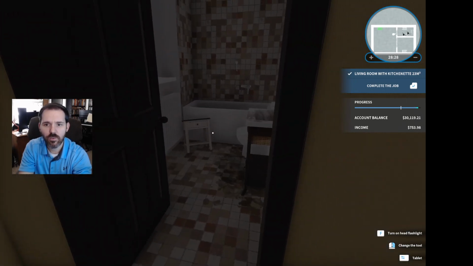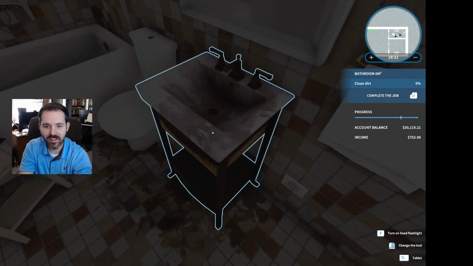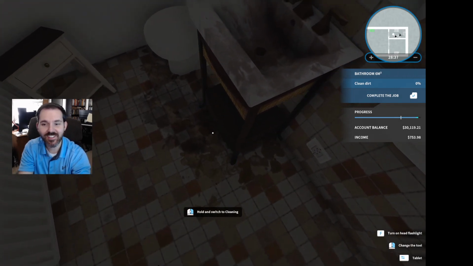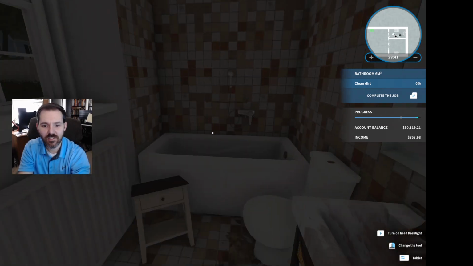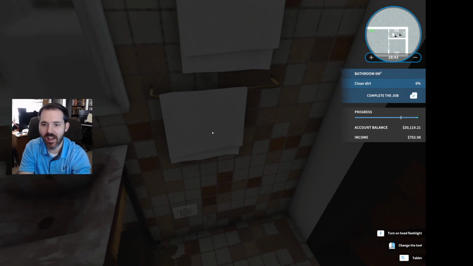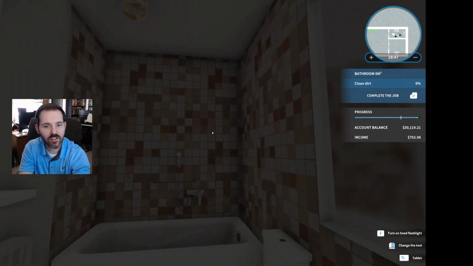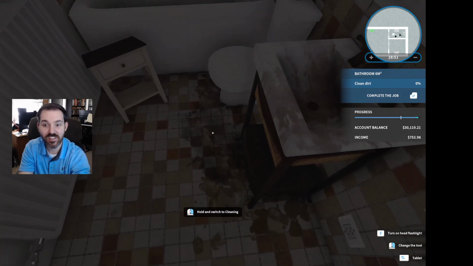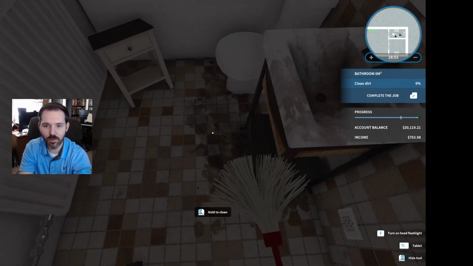All right, ooh, this bathroom looks disgusting. Let's come in here, and do we want to know what these stains are in the bathroom? So I don't see any trash. There's no garbage in the bathroom. All we have is mysterious stains. So let's clean up the stains with our broom.